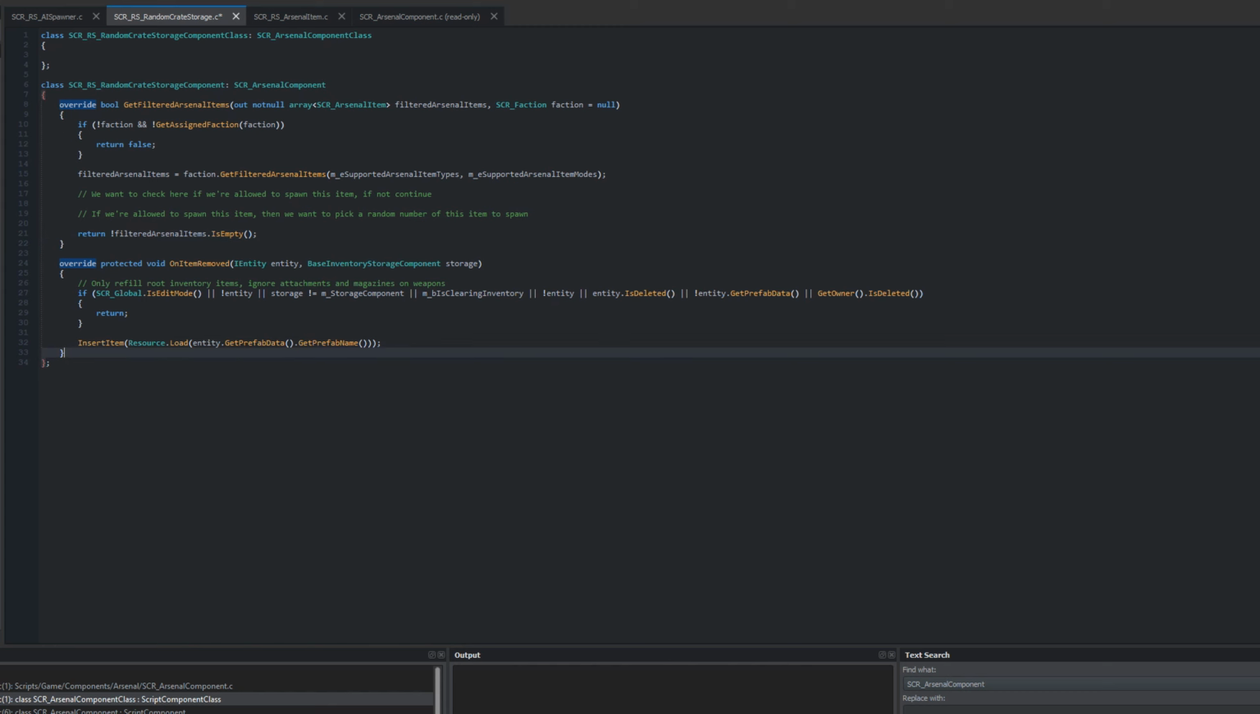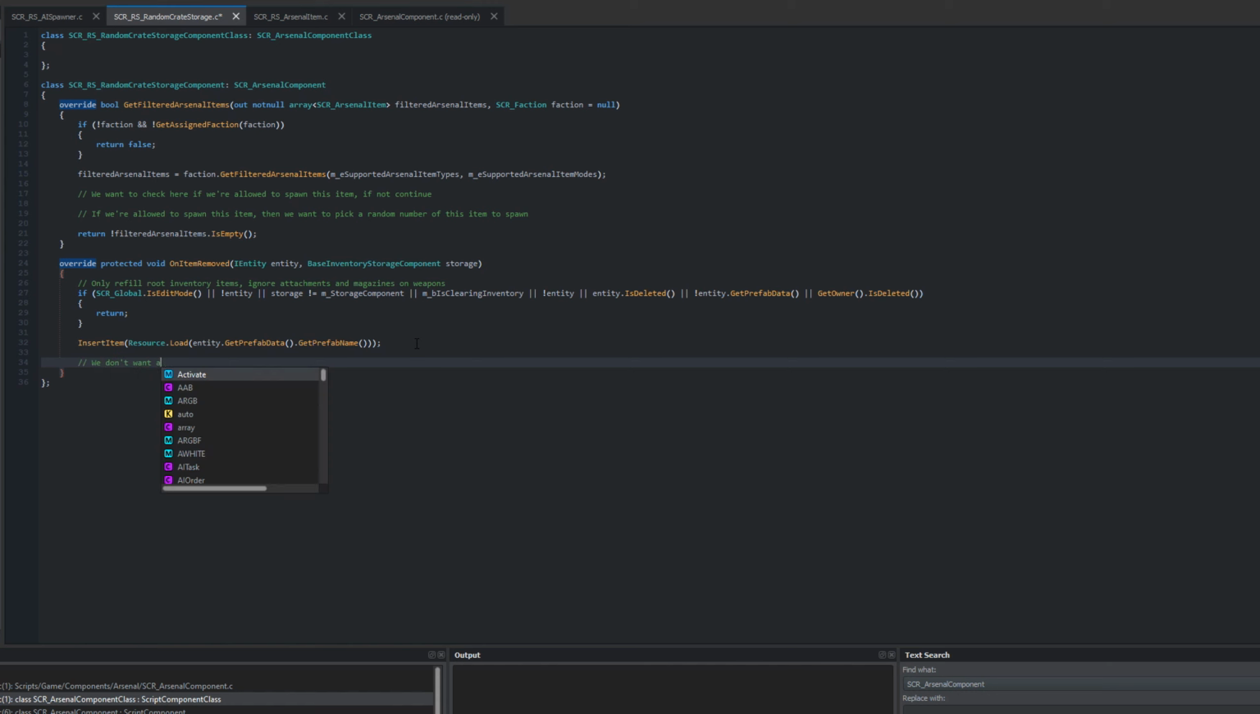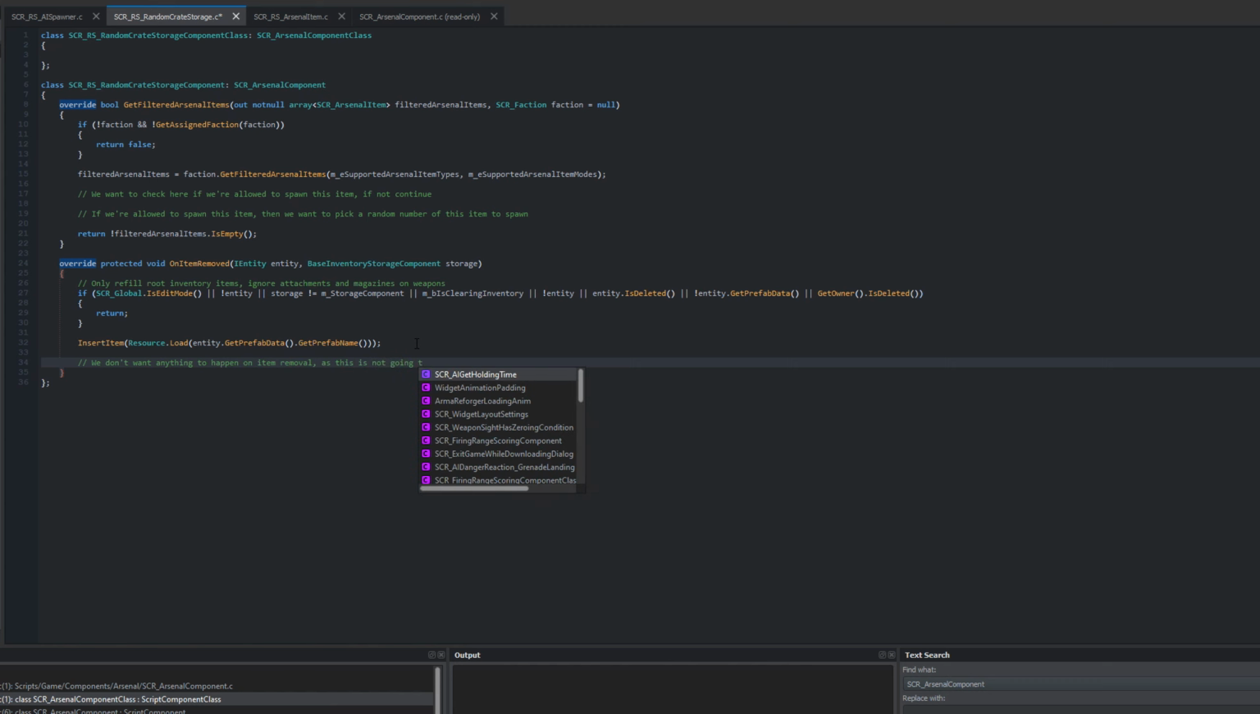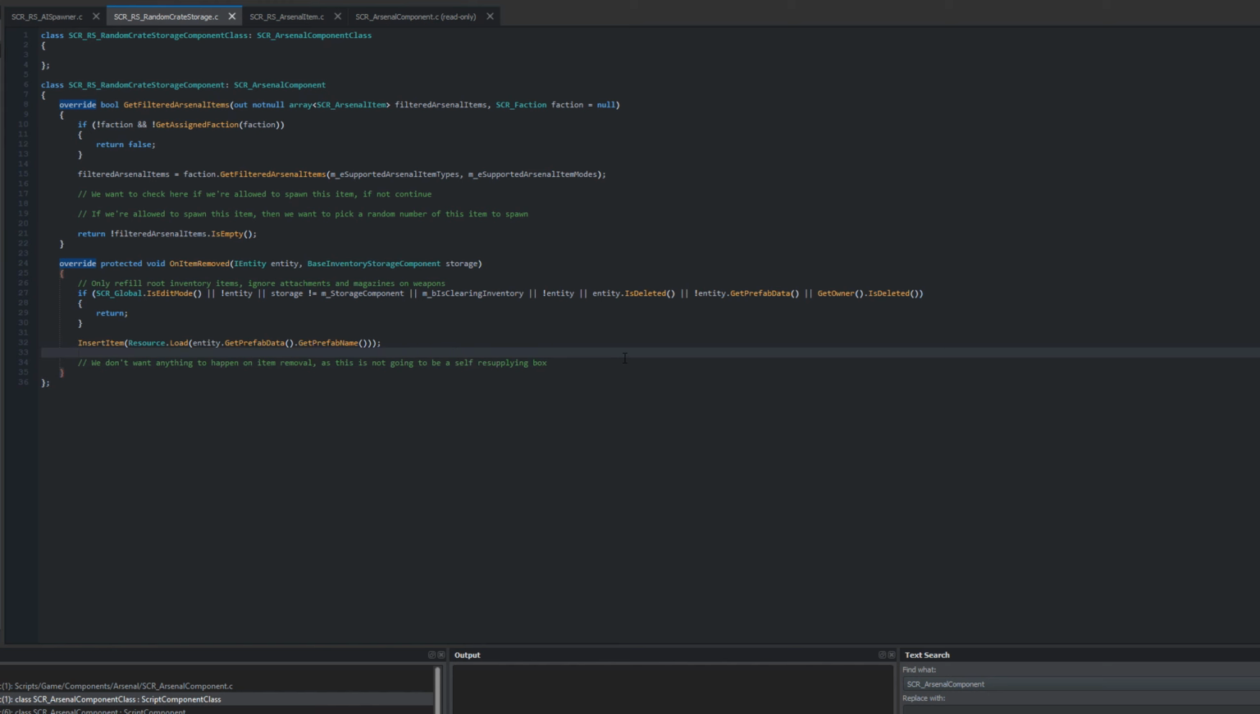Cool. And then in our onItemRemove class, we want to tell this thing over here that we don't want anything to happen on item removal, as this is not going to be a self-resupplying box. Okay, so what this essentially means is that the base arsenal component resupplies or restocks the supply